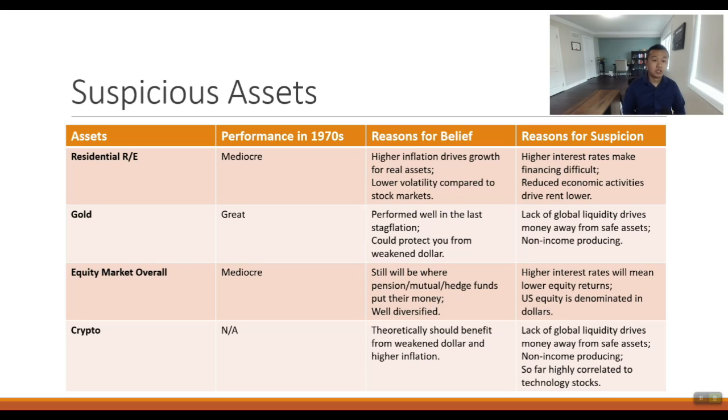Finally, crypto. This is an asset clearly we didn't have in the 1970s. Theoretically, it should benefit from high inflation because crypto is a limited asset, right? So this is like gold. They call it digital gold. So it's limited in quantity, so it's kind of like any